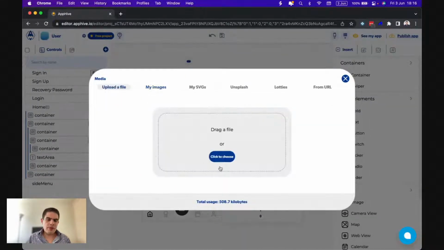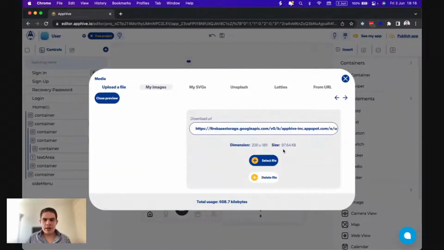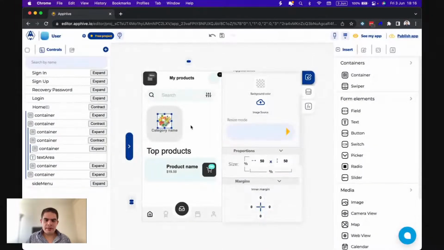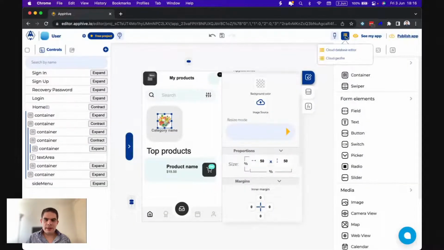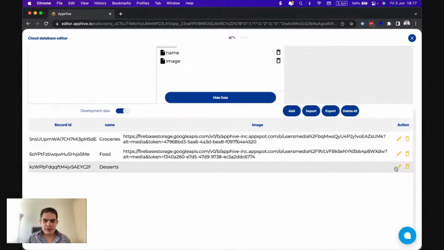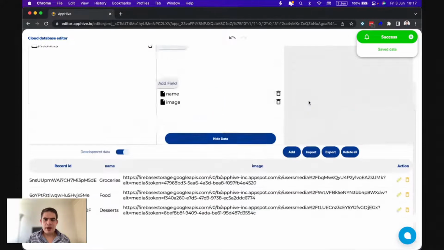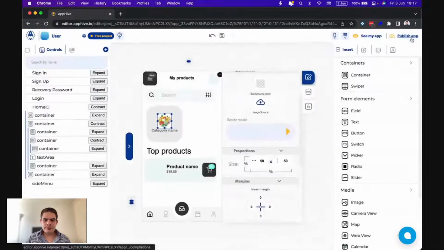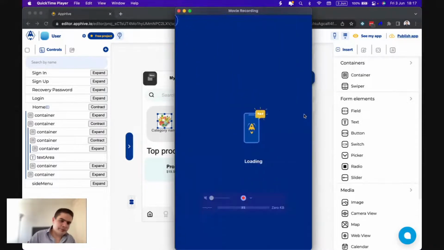If you have your images in your website, you can copy and paste the same link. Just take in consideration that your server needs to be available so you can see the images on your application. If not, you can upload the images here. So now I have the 3 images. So if I reload the application,